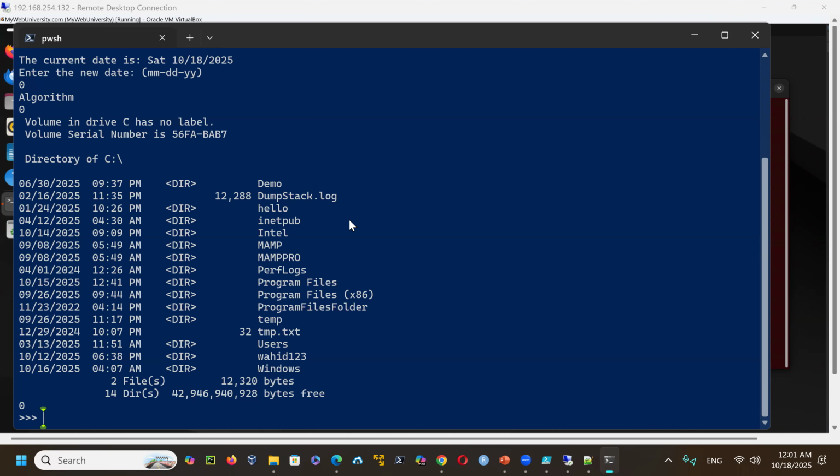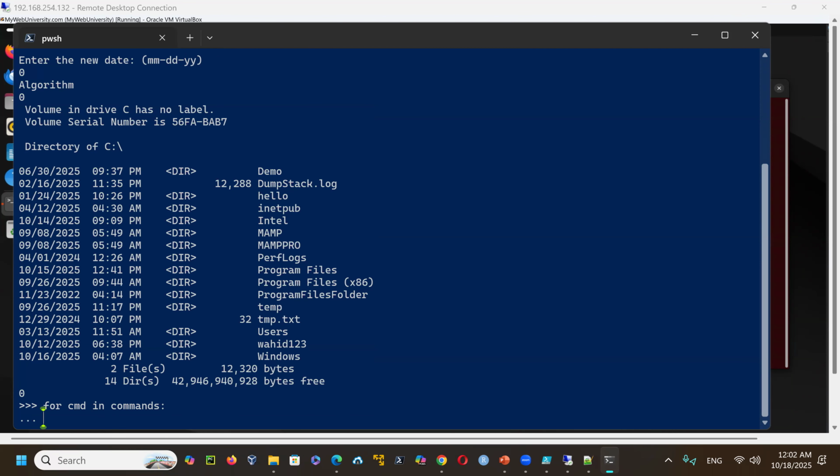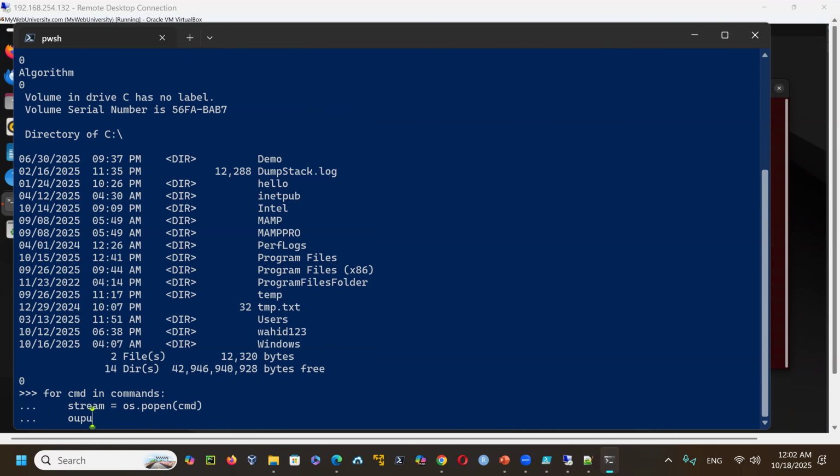So I could say for CMD in commands, and then say stream is equal to os.popen, the popen function, pipe open. I'm going to use that one, and the argument that I'm passing is CMD here. So I'm going to put it on the stream. Then I put output